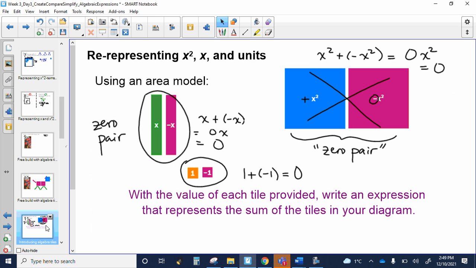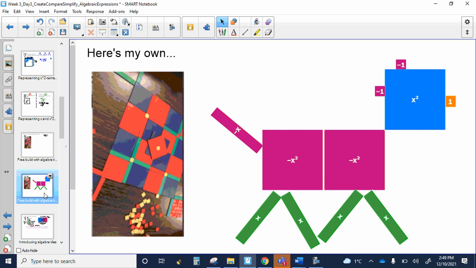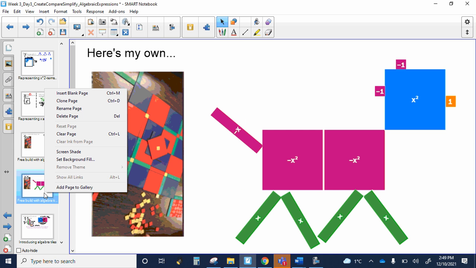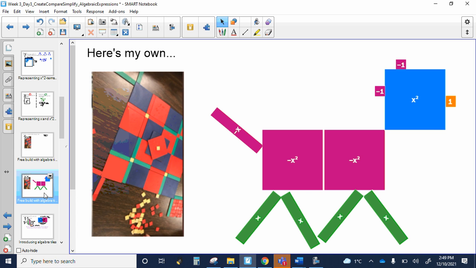So remember how these zero pairs form. Think about how that's going to play out in your own work, and then we'll pick it up in just a few moments. Okay, so let's pause the video and give yourself a chance to think about that. Okay, well, now that you have,